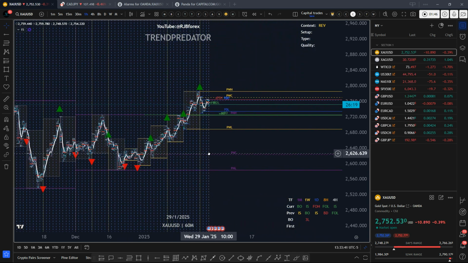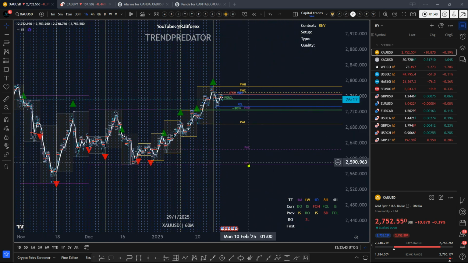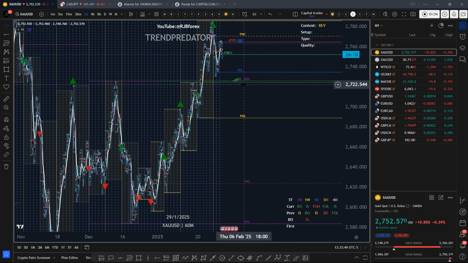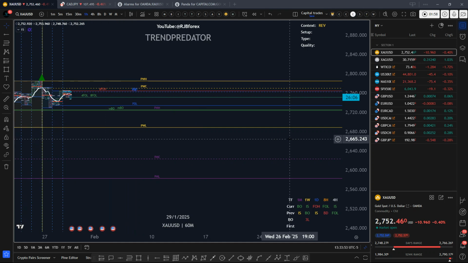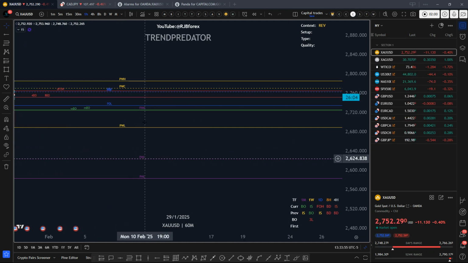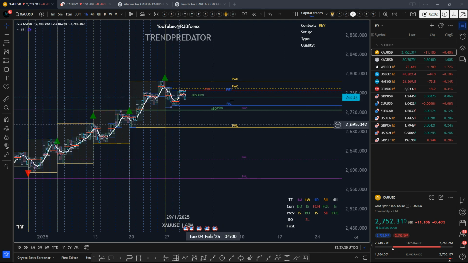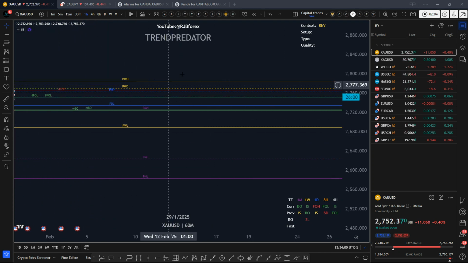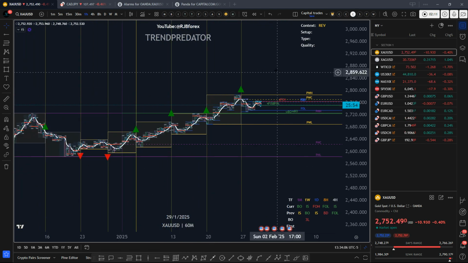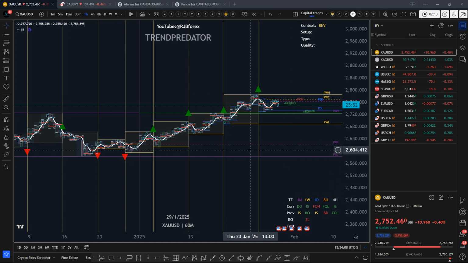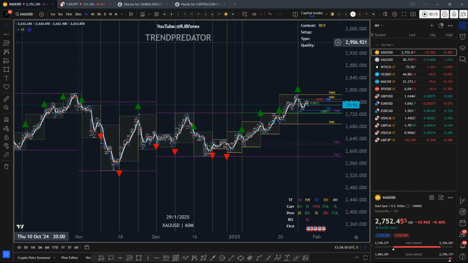So if we look here to the right, first of all, we've got the previous month low, the previous month closing price. If we scroll out a bit, we've got the previous month high. So just looking at the right hand side of the chart, we know where the levels are. But what we'll do is we'll get rid of these days separating and we'll just look for now at the